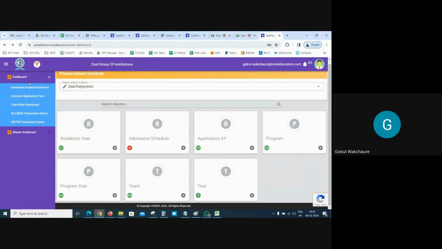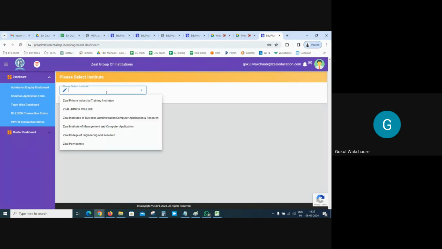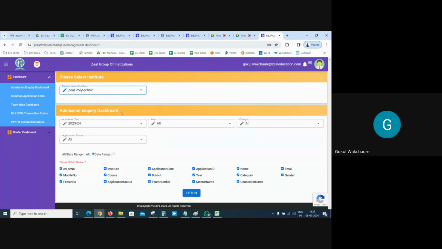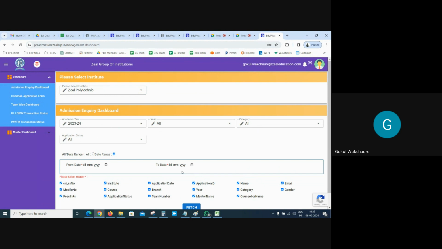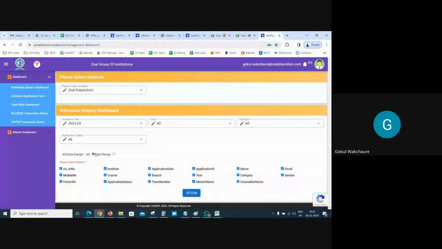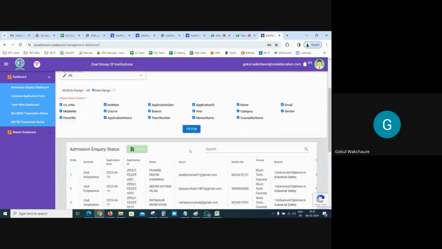And in the dashboard, the one who is having this login can see the enquiries. How many students have filled the application form in this particular academic year or in this particular date range. We can also select the date range, and in the report, the fields that particular person requires. You just have to select these fields and click on fetch so that the data will be displayed